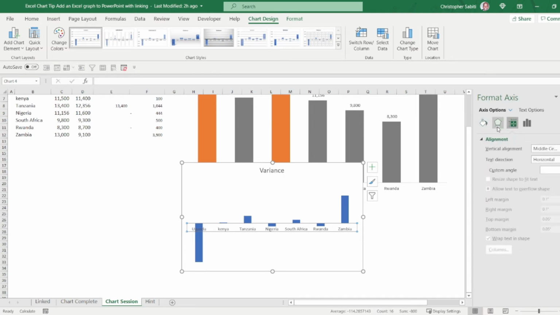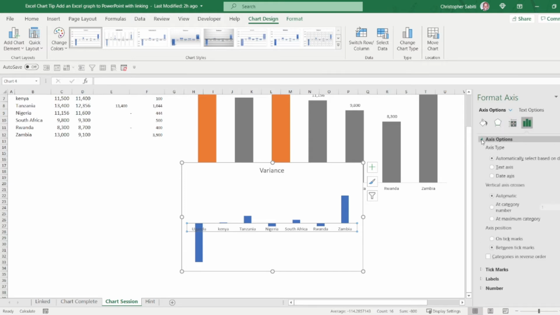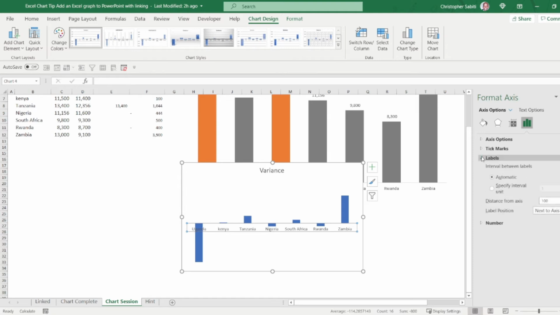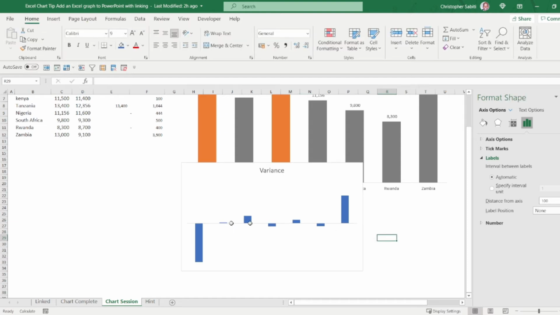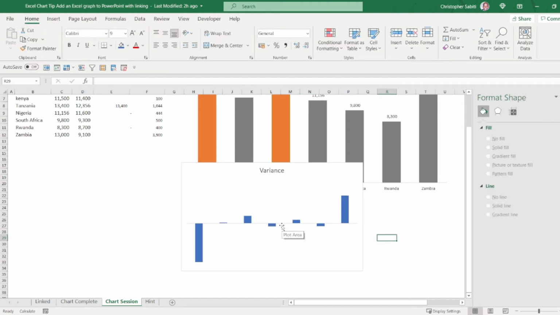When you go to the axis options on the horizontal, on the labels, you can remove or insert. If you don't need the labels, you say none. You remove the labels but remain with the horizontal line. That's our target. But when you delete, even the horizontal line is deleted.